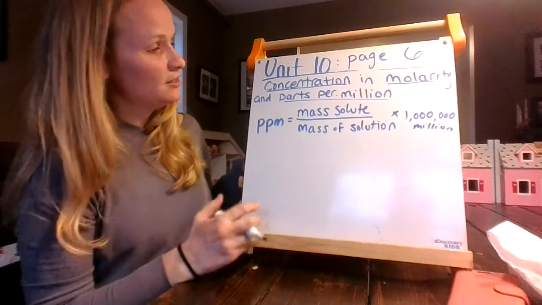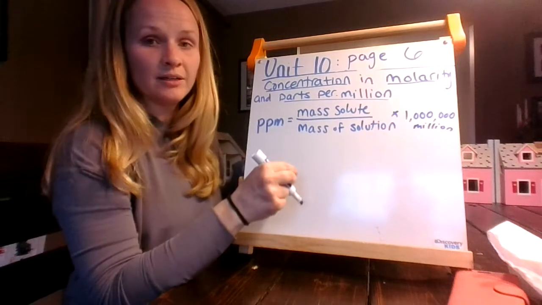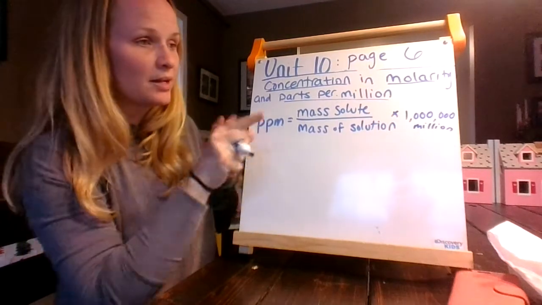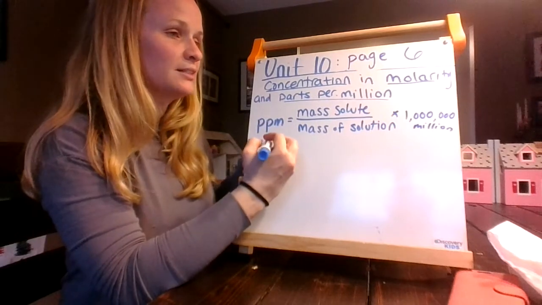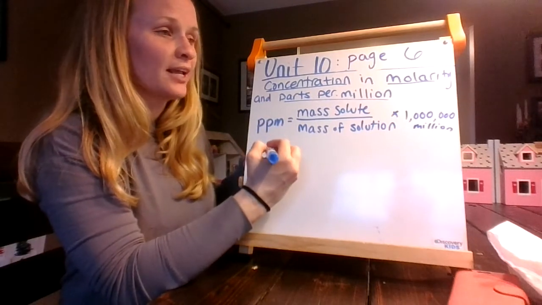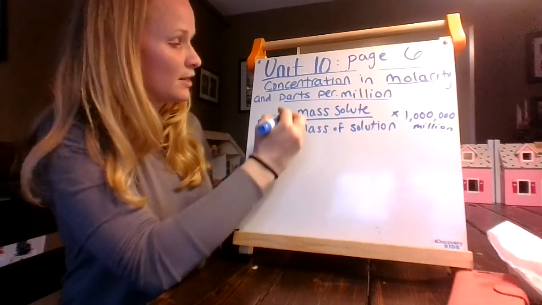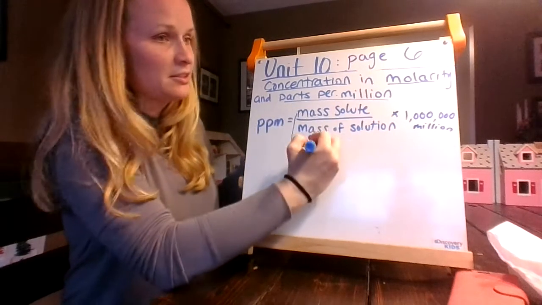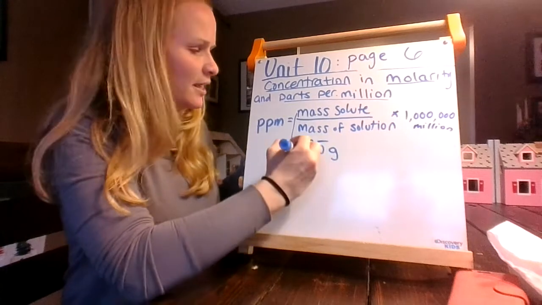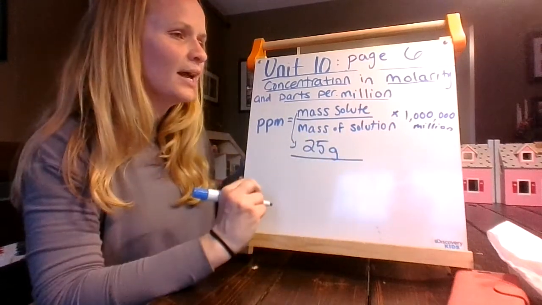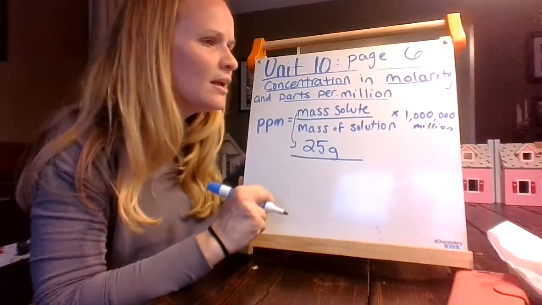All right, so that is our formula, and I will do the one example problem from the notes. It says, what's the concentration of a solution prepared by dissolving 25 grams of KNO3 in 100 milliliters of water? All right, well, the mass of the solute is apparently 25 grams, and the mass of the whole solution, I